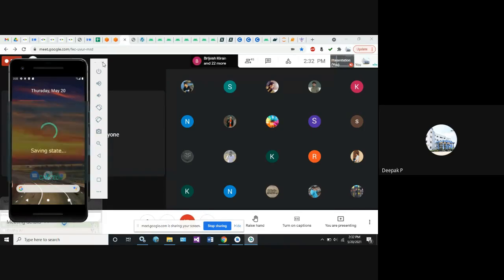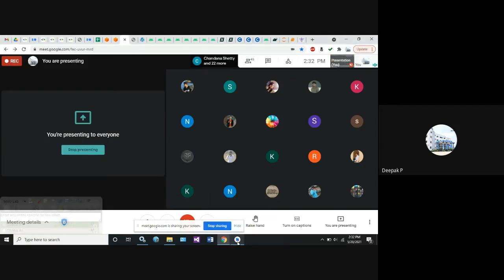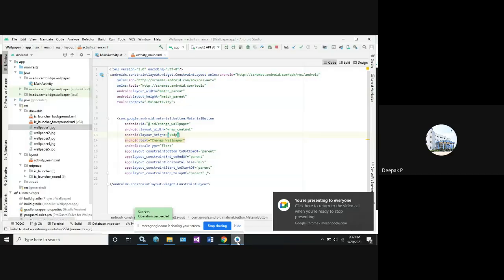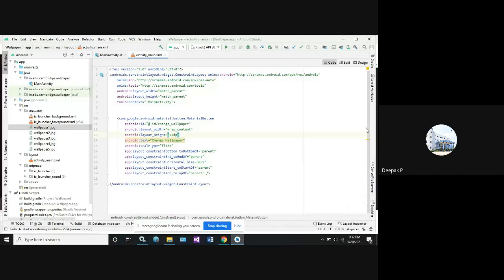code part. So what are the files we need to write? Based on the observation of the output, what are the changes that we should do?